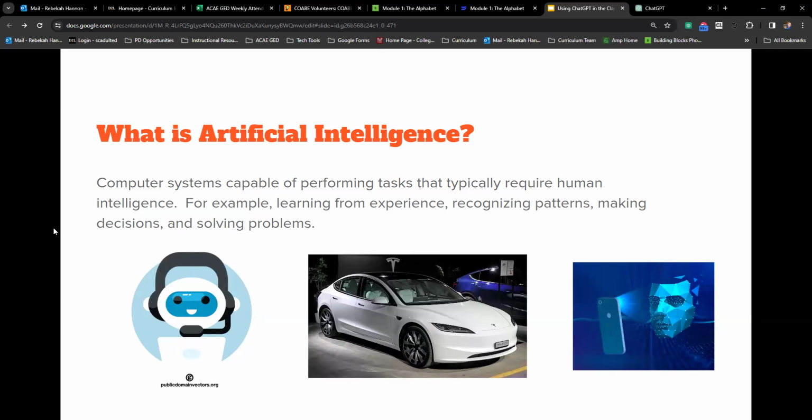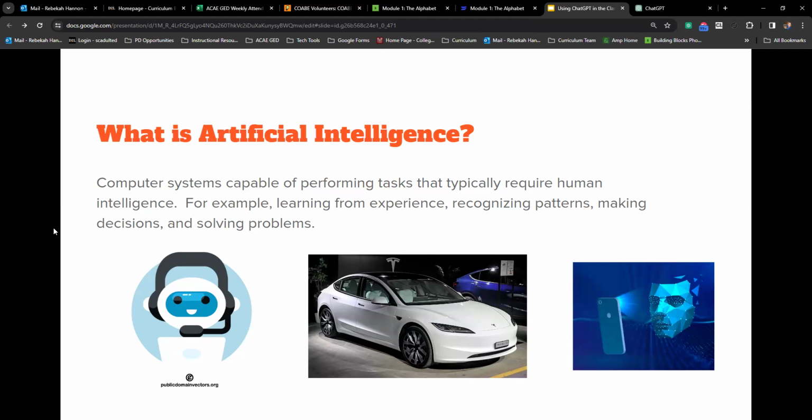You see a couple of pictures here on the screen: chatbots, virtual robots. These are all over the place. Any site we go to nowadays pretty much has one of these chatbots or virtual assistants attached to it. Khan Academy has one now. GED chat is automated with AI. So we see these chatbots everywhere. And then the second picture there, a Tesla. I don't have a Tesla, but these self-driving cars, that's artificial intelligence too. So that's becoming ever more apparent in our society.